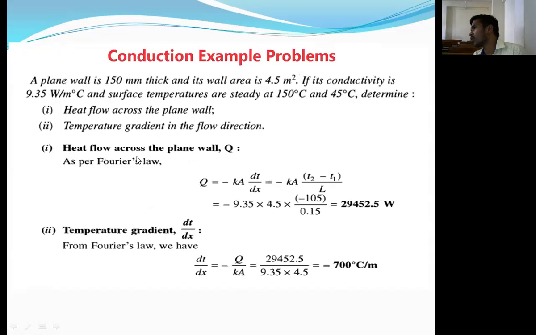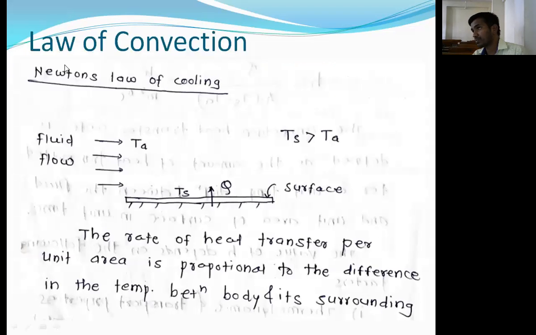Then we have solved one problem related to conduction, heat flow across the plane wall. We have used that general equation Q is equal to minus k into dt by dx, and we have found the value of the temperature gradient, that is dt by dx. Okay, then after that we have